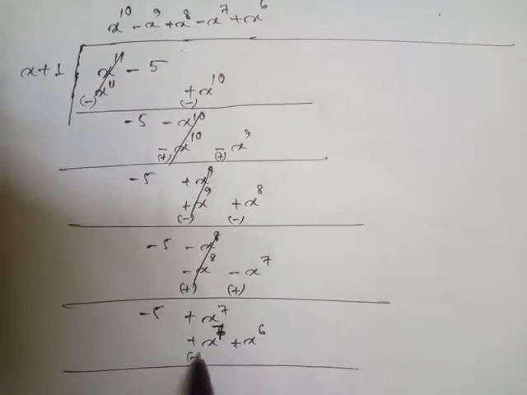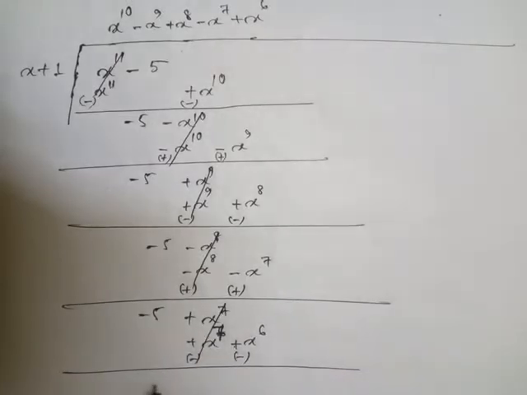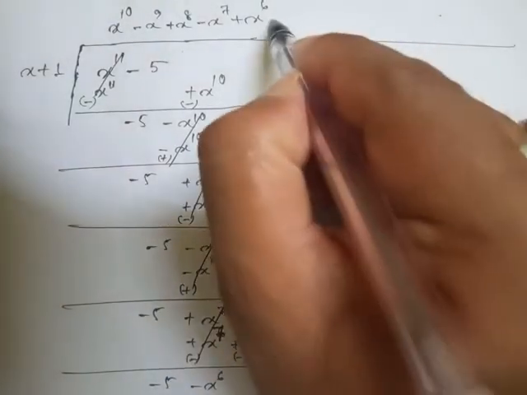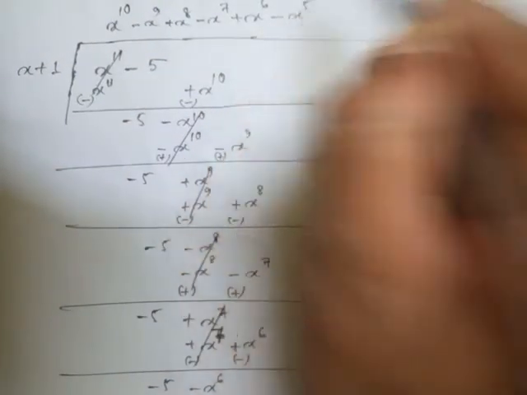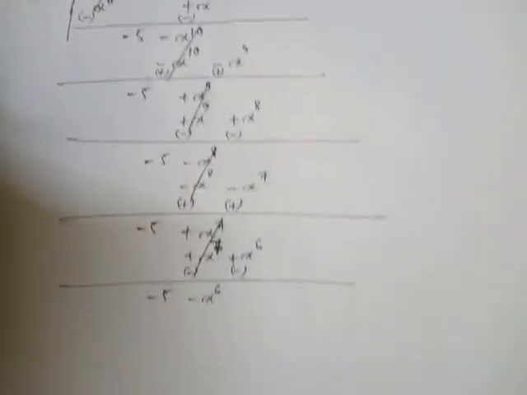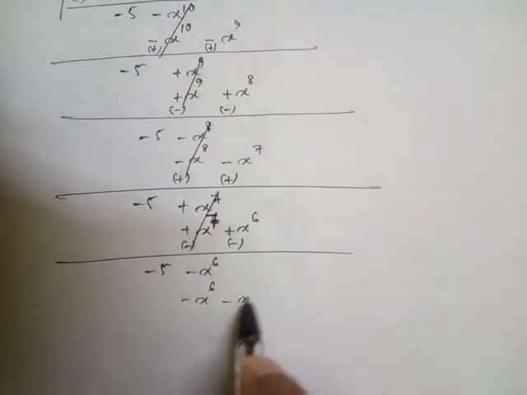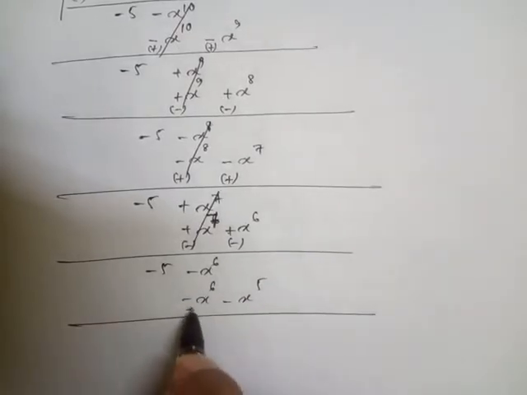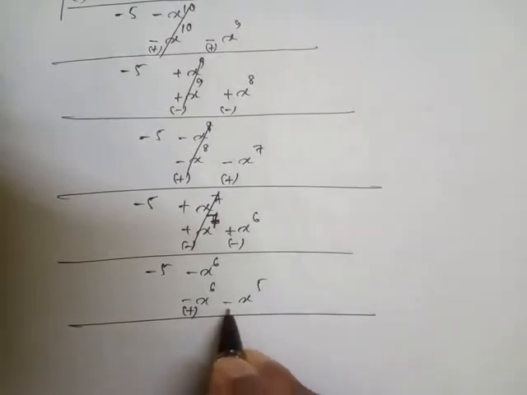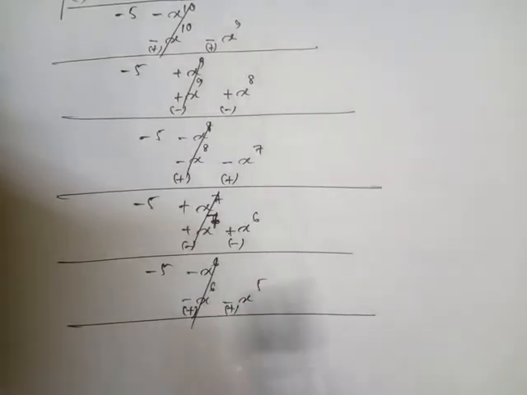Now next the sign will change again, second line sign will change, so this cancels, minus 5 and minus x to the power 6 again. Now after that there is minus x to the power 6, so we'll write here minus x to the power 5. Minus x to the power 5 and x means it becomes minus x to the power 6 here, and if there is minus x to the power 5, here also minus x to the power 5. So now this minus becomes plus, this minus becomes plus, cancel this, minus 5 and plus x to the power 5.